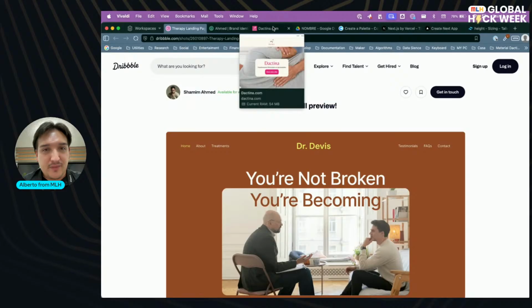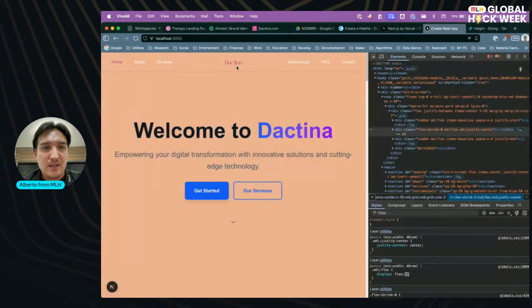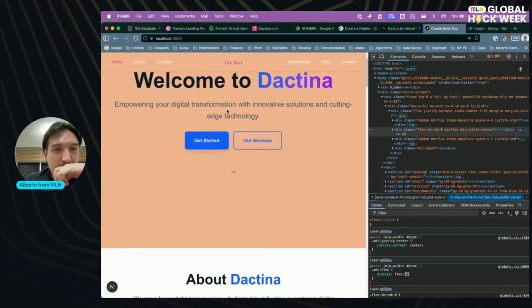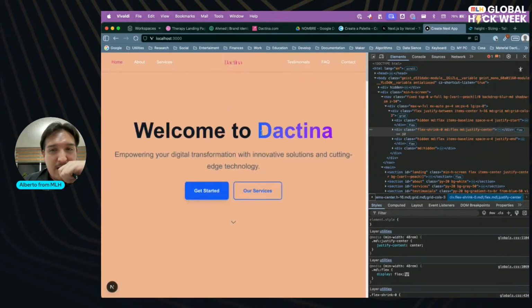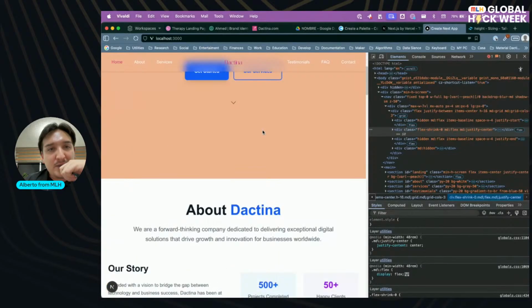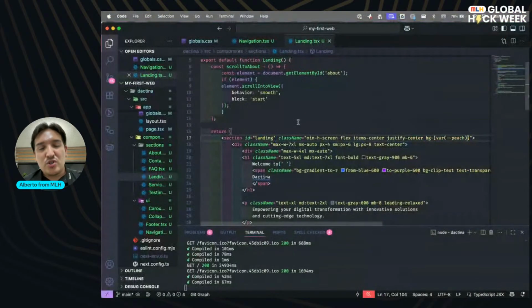So maybe the problem is the font, it's too small. I don't know. It hasn't convinced me enough to leave it as it is. Maybe I need to change to purple just to make sure.